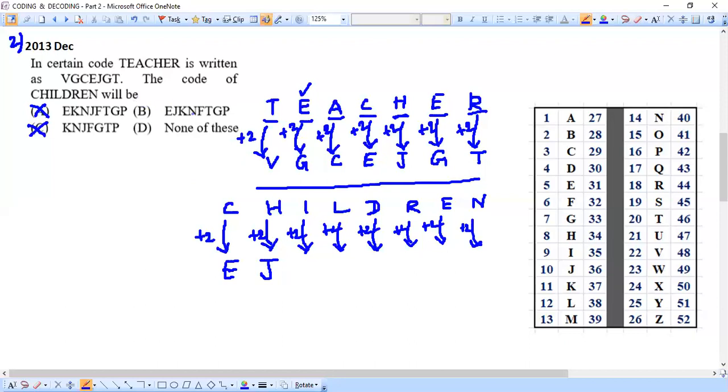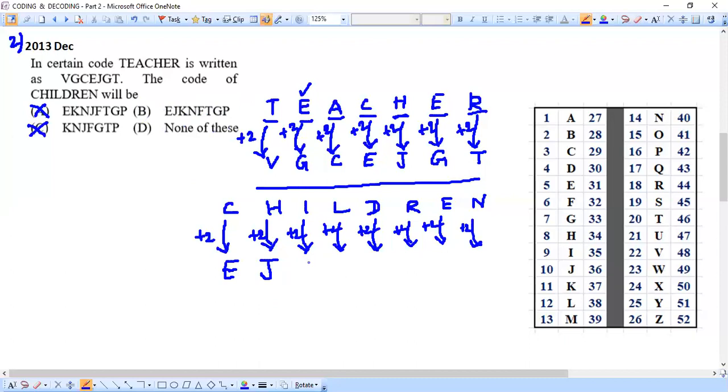Why? Because we may even get some difference in the letters coming here. Maybe here in the fifth letter or sixth letter, we may get some change. So before we confirm it, we shouldn't just mark option B. That would be highly dangerous. That's why, right? Anyways, we'll quickly finish the answer.